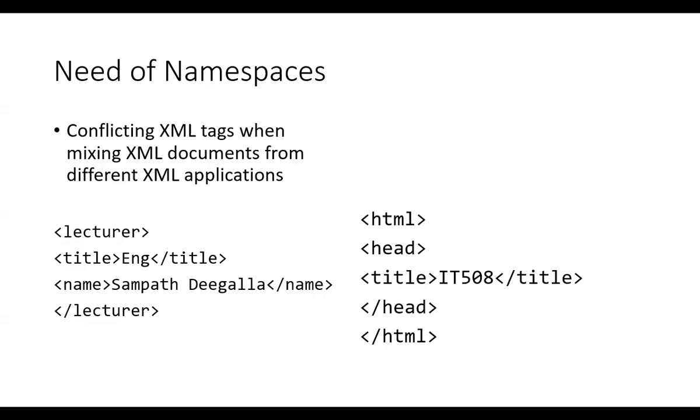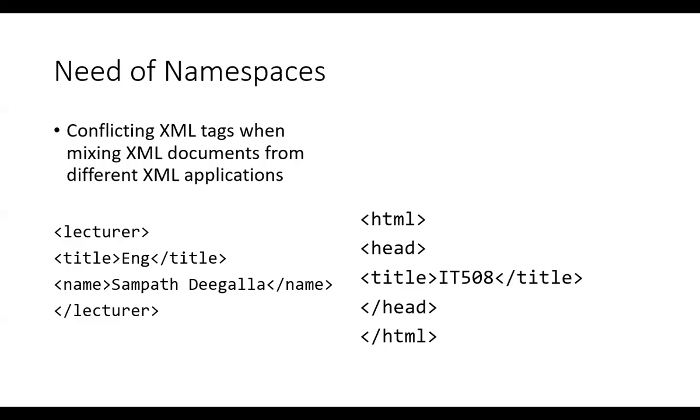For example, if you are going to have multiple documents with the same tag. So therefore, we need requirements when you have conflicting tags, especially when you want to mix multiple XML documents or when you're going to use multiple different applications. So therefore, what we usually use is what we call